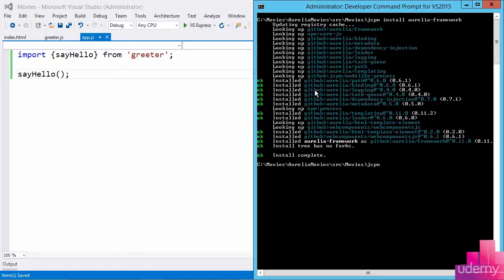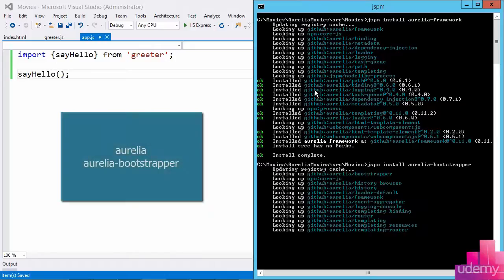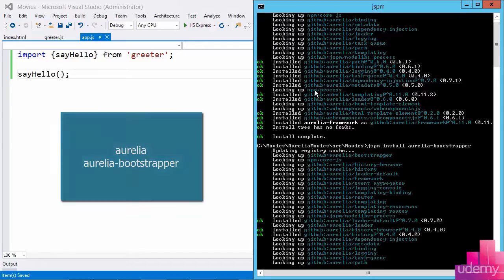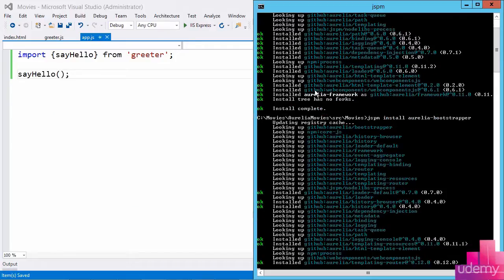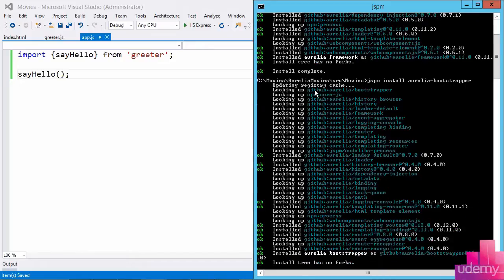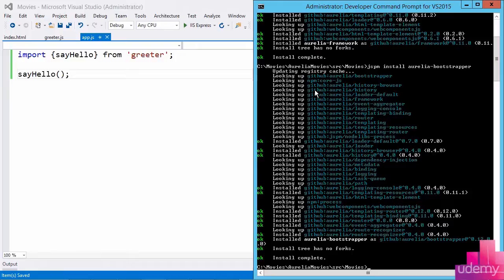And I'm also going to JSPM install Aurelia Bootstrapper. Aurelia is designed with very small independent modules, so even the bootstrapping piece, which will launch my application, that's in a separate module that I install. And right now JSPM is bringing down all of the scripts that I need, placing them inside of JSPM packages. It's also going to update that config.js file so that the module loaders will be able to find these different